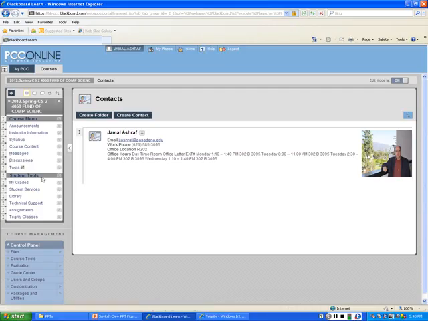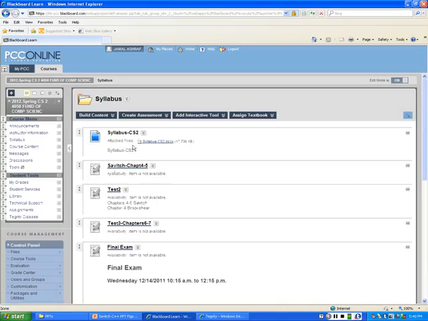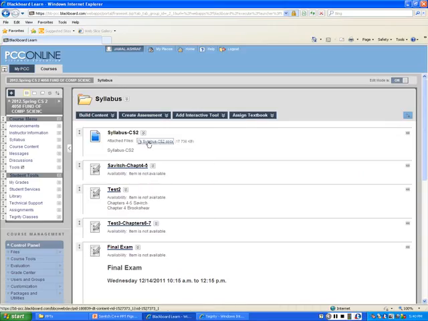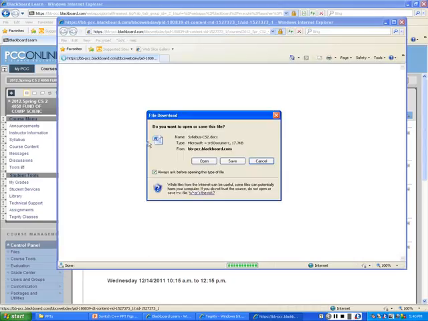Once again, there is a message center here that we can use, but I have to make a habit of checking it. Another section would be the syllabus. So if you go to the syllabus, of course you're not seeing all of these things, you only see the first one, the syllabus for this class. So if I open it up,